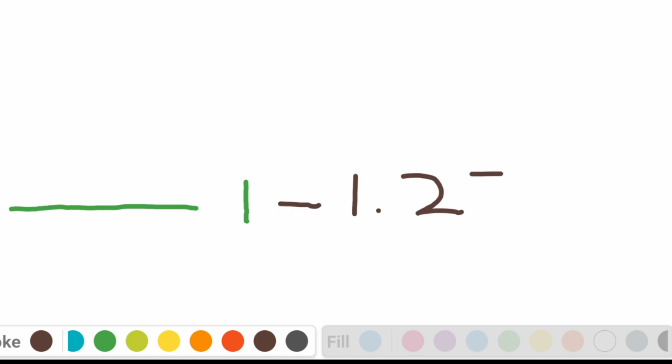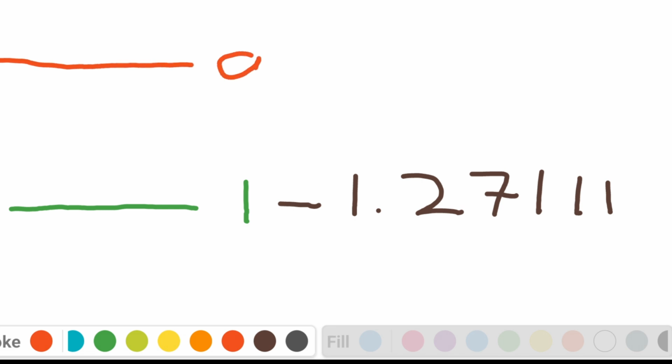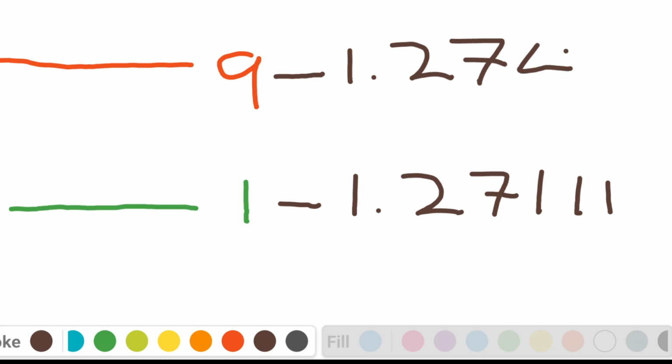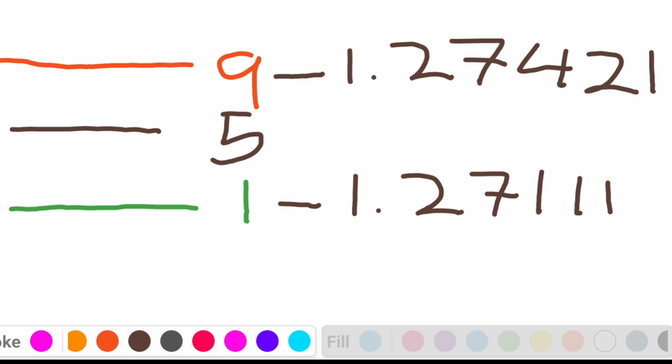Guys, listen, I study mathematics, okay? For me, it's natural to try and approach it this way, so let's see what the average is first. Let's say for a minute we have a market order for one lot for buy at price 1.27111, and again an aggressive market order of 9 lots for sale at price 1.27421, and so the moving average line will be formed in the middle at number 5, and essentially will make